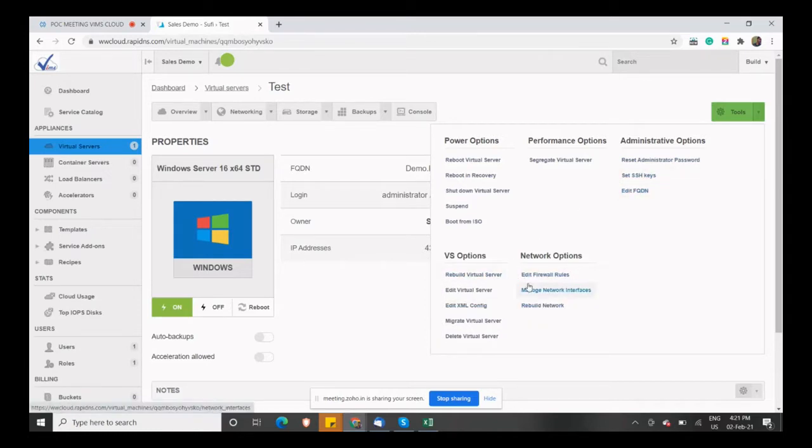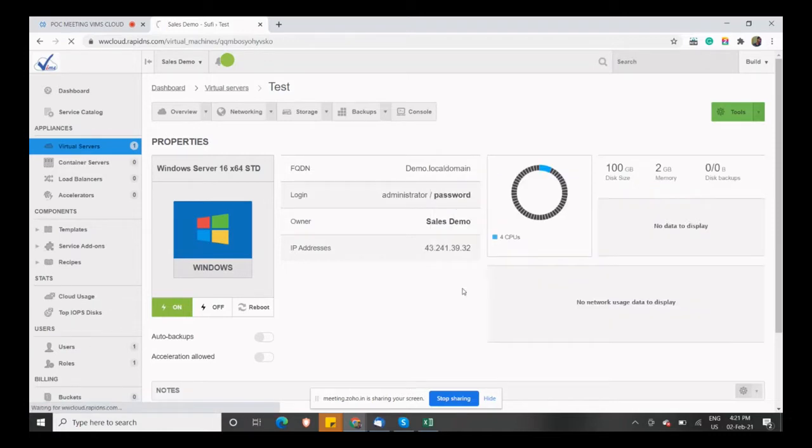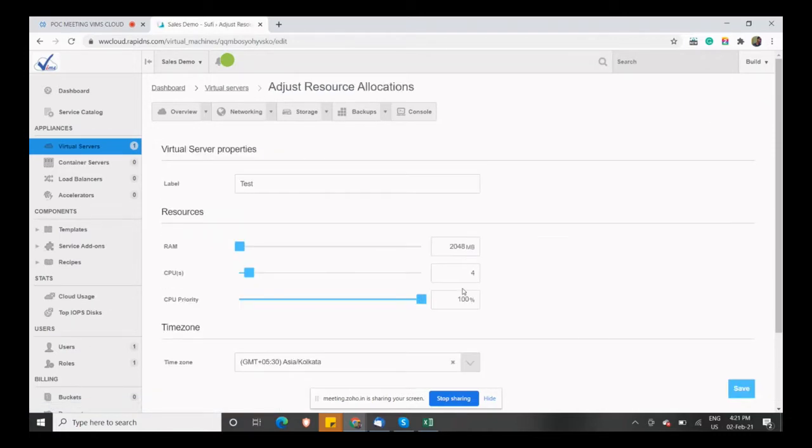Here you will also get the option to delete and to edit firewalls. The new thing here is that you can resize the virtual machine as well. For example, initially you need a virtual machine, and let's consider the size is 2 GB of RAM. After 2 or 3 months, if you want to upgrade the resources, we will assign a RAM quota to you, and that can be utilized for any virtual machine. And you can upscale or downscale.